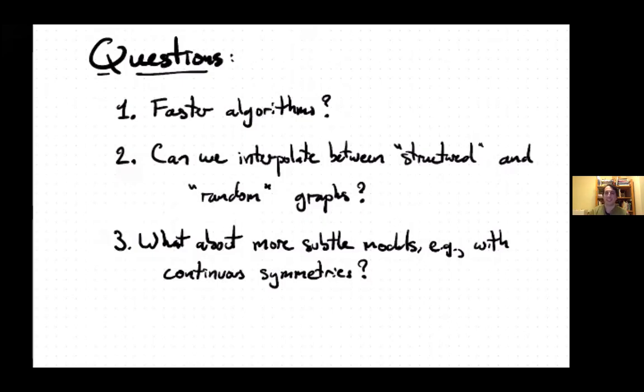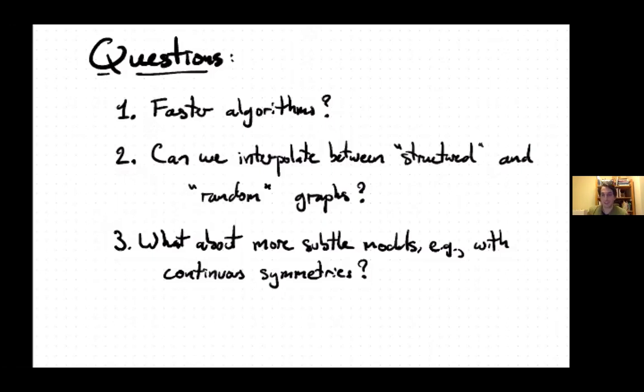Another question is, can we somehow interpolate between really structured graphs like Z^D and random graphs like, well, random graphs? From the computer science point of view, these conjectures are about all graphs with just some bound on the degree. So they can be some mix of structured and random and have all sorts of things happening. And right now we're restricted to saying, you better really look random or you better really look structured, and otherwise we don't quite see how to blend the two worlds. And lastly,